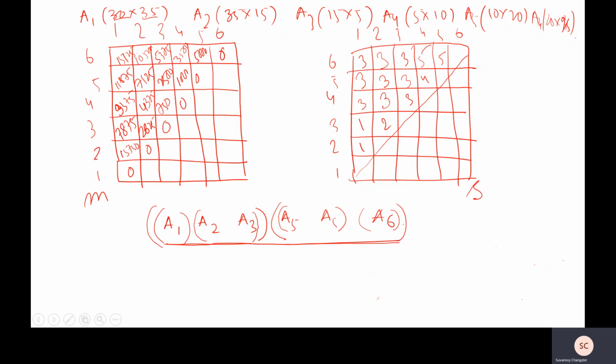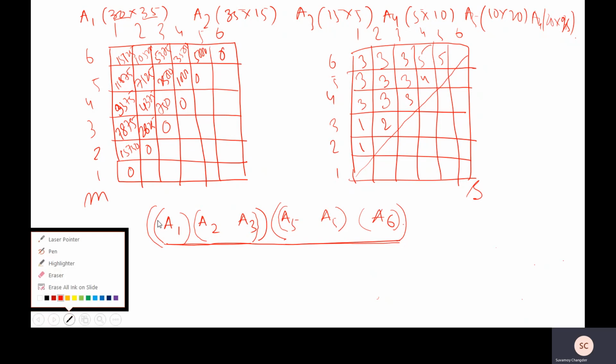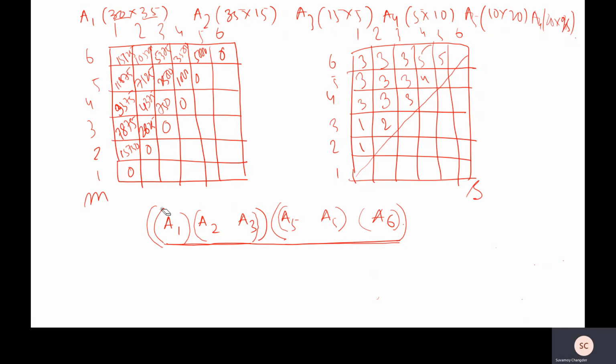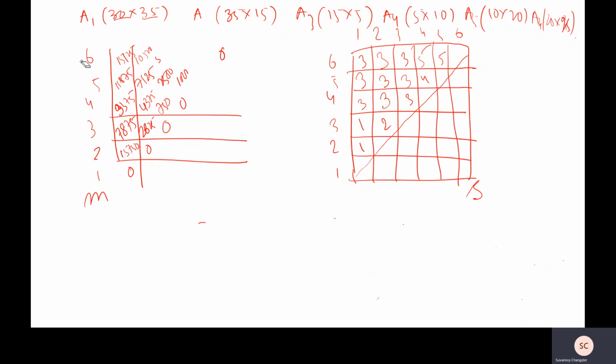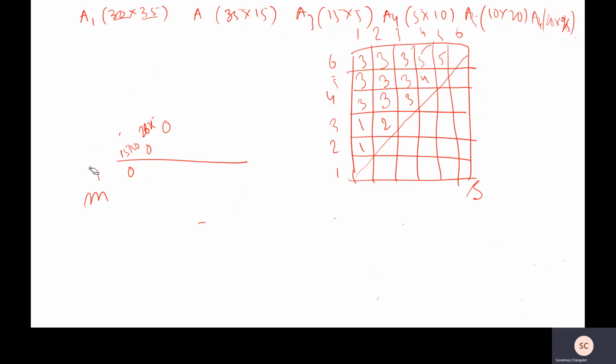To go for this, we need one recursive method. Let us write that one. We only require the S table. To multiply the actual matrices, we don't require the M table anymore. Why? Because we have already found the minimum number of multiplications required, and the indices are given in this S table.